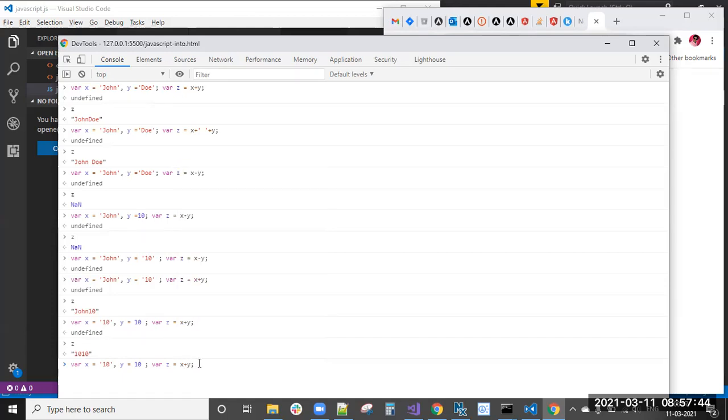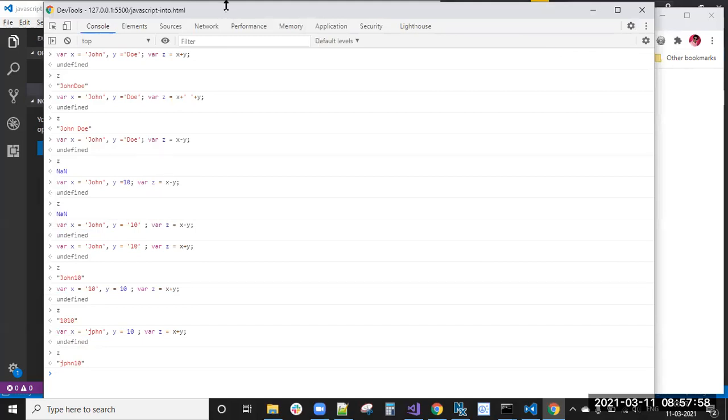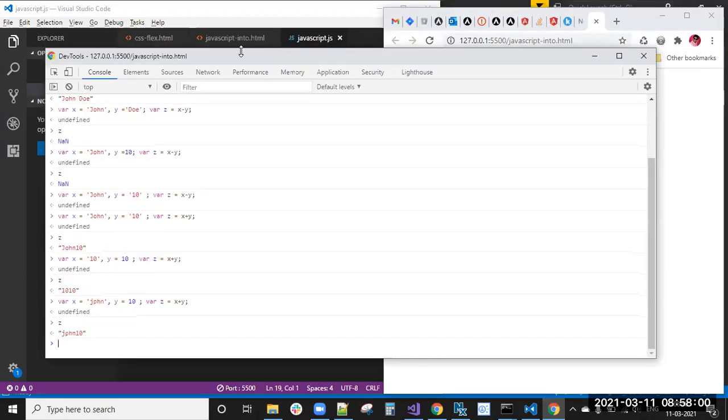That's the first, right. Now you can see, anything string plus number, or number plus number plus number, you will get the output value only, but anything you have concatenated with a string, you will get the output in string format only. This is the string format only, right, John 10. So these are about arithmetic operators.